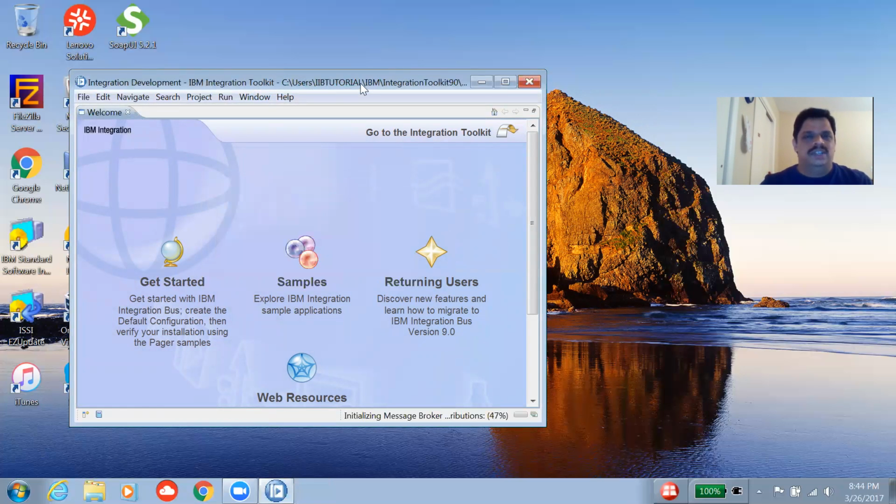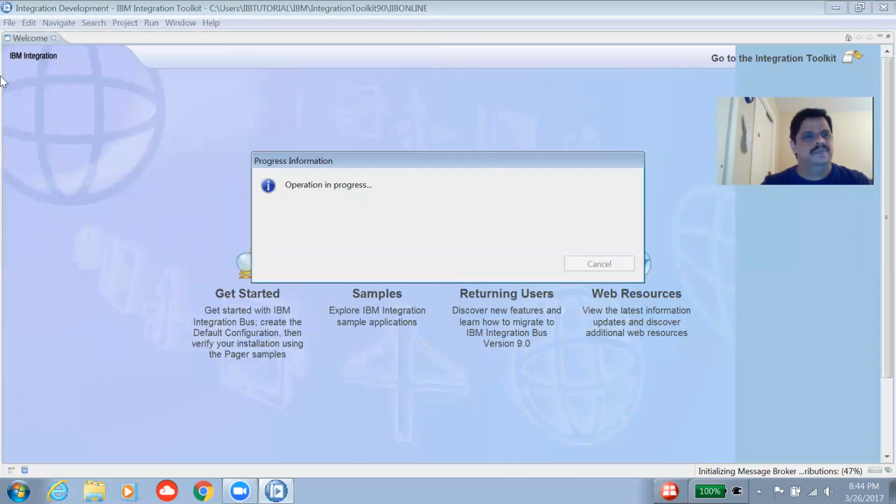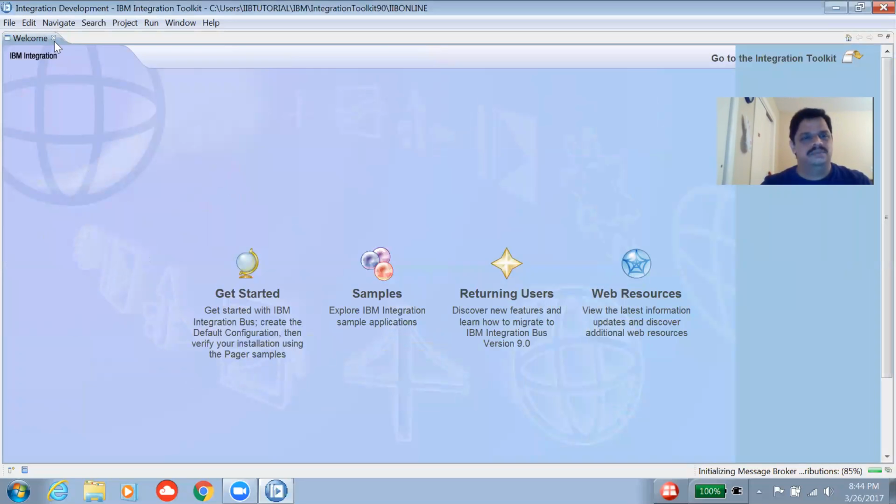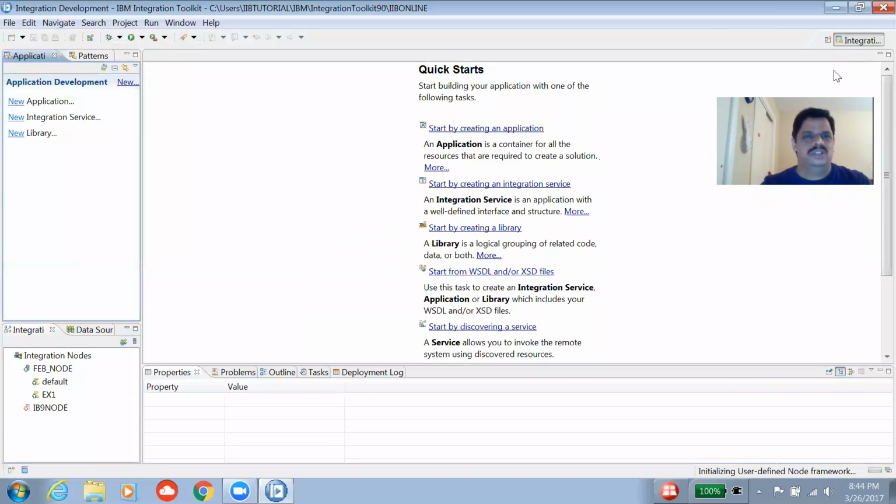So the first time you open the toolkit, this is the Eclipse IDE. This is what you see. It has a welcome screen. If you want to go directly to the toolkit, you choose this option, go to the integration toolkit,